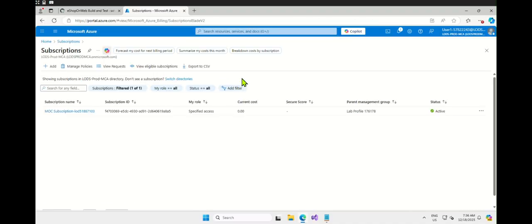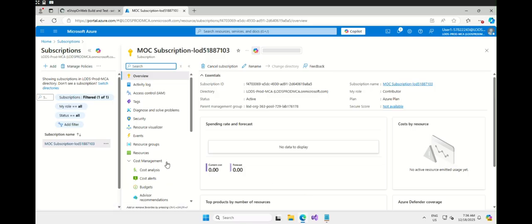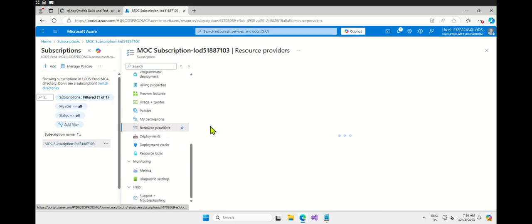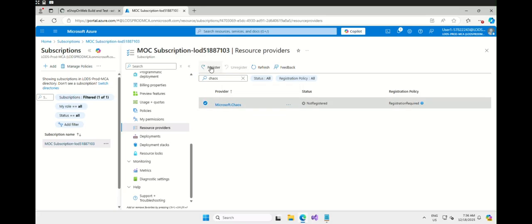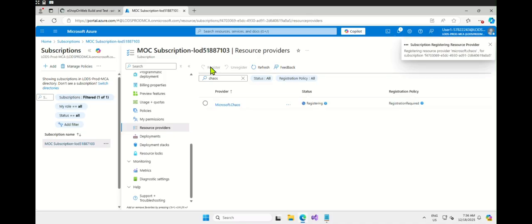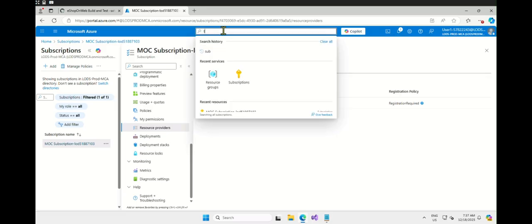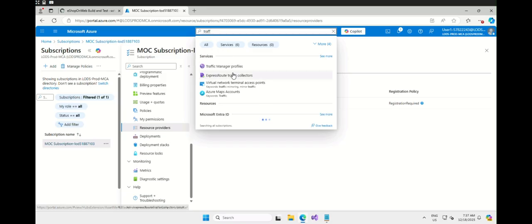Subscriptions, and you need to make sure the resource provider for Microsoft Chaos should be registered. Let this complete. It's going to take 2-3 minutes, and till then we are just going to deploy a Traffic Manager